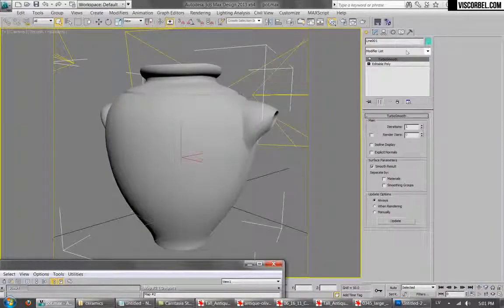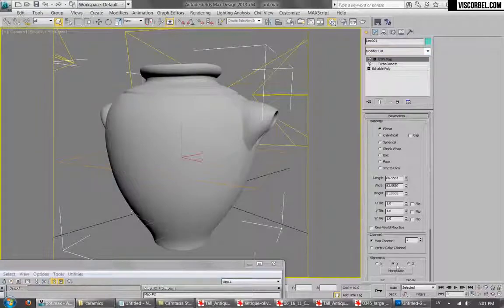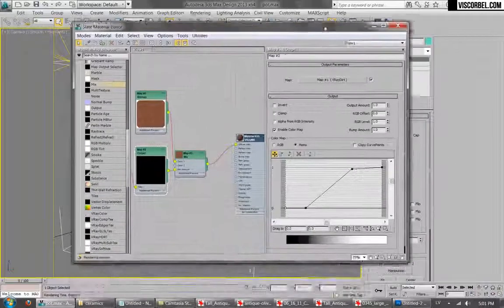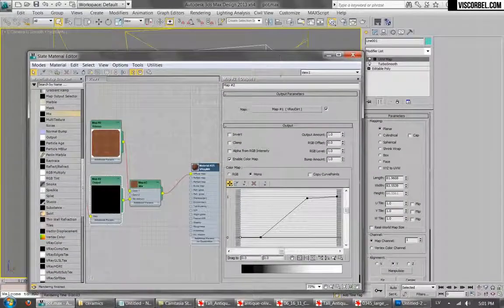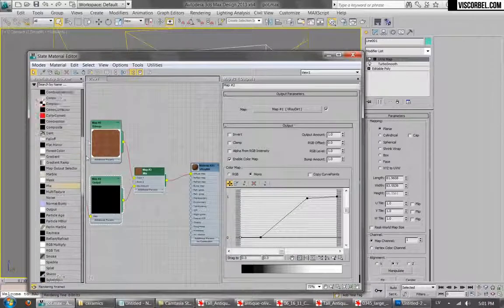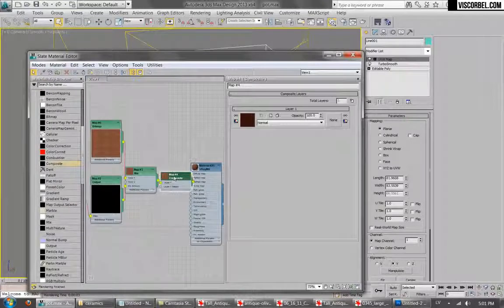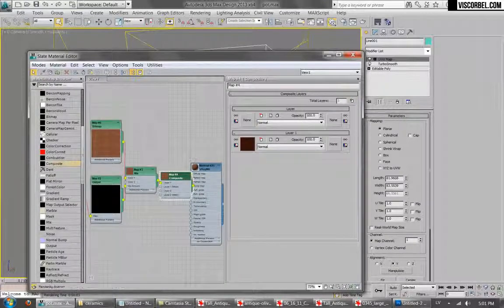So what I'm going to do is I'm going to add the UVW map modifier, make sure it's oriented vertically, and it fits my walls. And then I'm going to use a composite map right here. Okay, let's leave that mix as our first layer, and for the second layer, we're going to add some